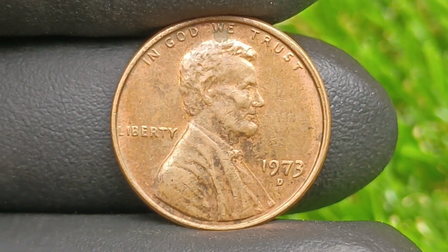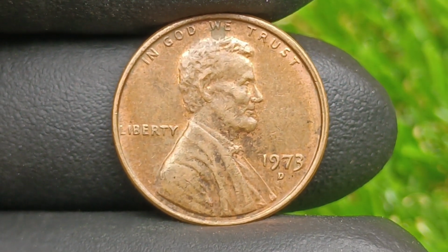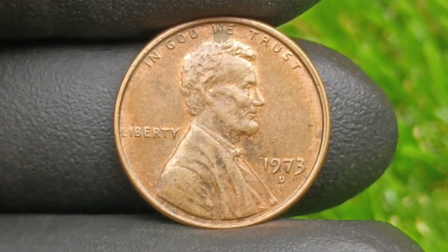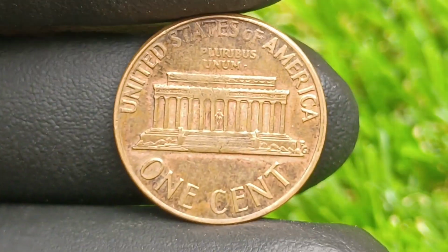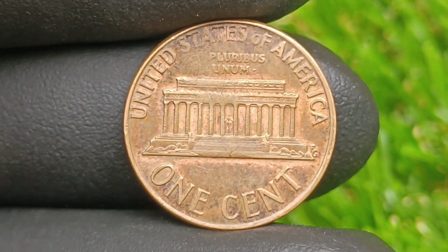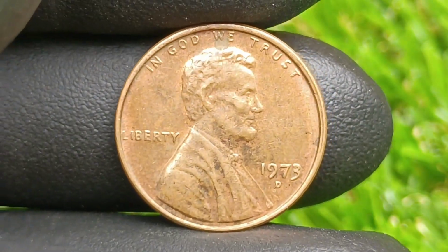Have you ever stopped to think that the tiniest, most ordinary object in your pocket, something as small and overlooked as a penny, could hold the power to completely change your life? Because that is exactly the hook point in the story of the 1973 D1 cent USA coin. A coin that looks like every other penny struck that year yet has become tied to an unbelievable valuation of